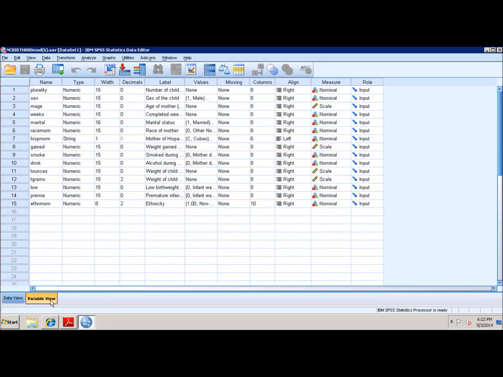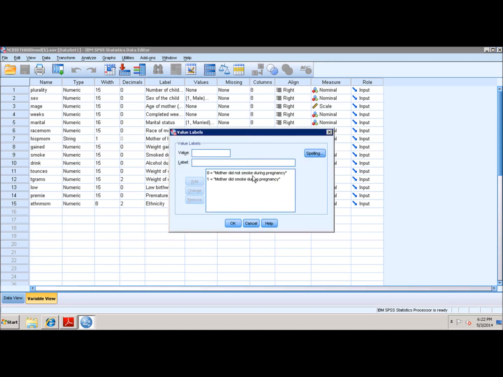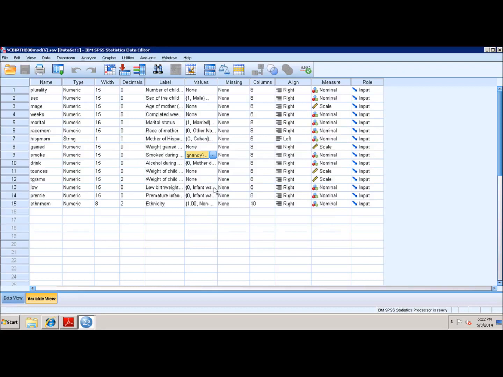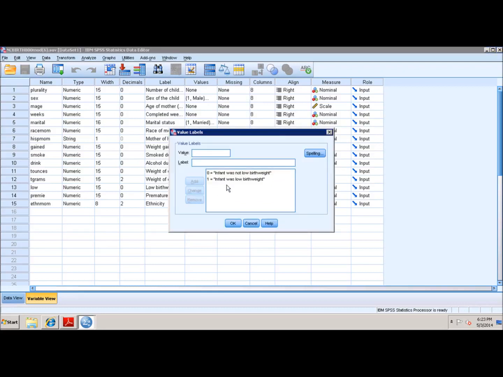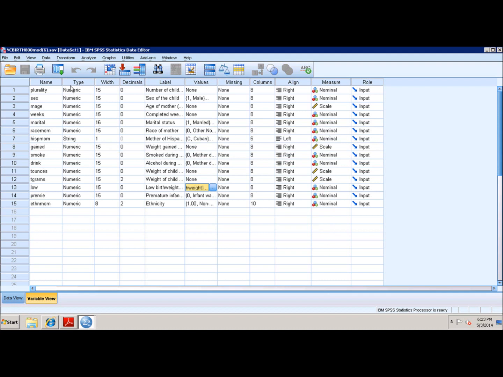To understand what those values indicate, we go into variable view, we go to values, and we see 0 indicates mother did not smoke during pregnancy, and 1 indicates mother did smoke during pregnancy. And the same for low birth weight. We see here 0 indicates infant was not low birth weight, and 1 indicates infant was low birth weight. So what I want to do is make all the zeros be 2s. So what I can do here is go to